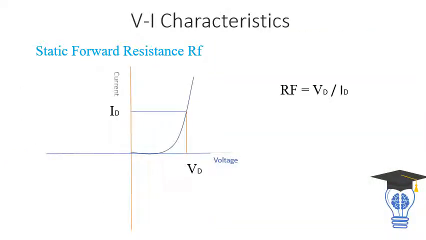The diagram shows the forward bias VI characteristics of a diode, where this is the forward voltage VF applied. The forward voltage starts from 0, and this is the respective current with respect to voltage. As you vary the voltage, note down the current and draw this graph. That is the forward bias characteristics.